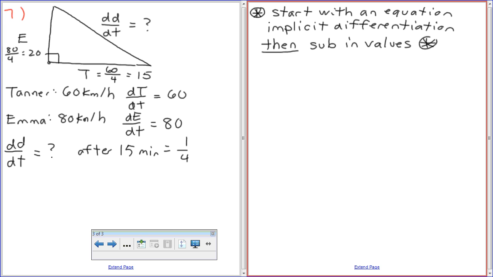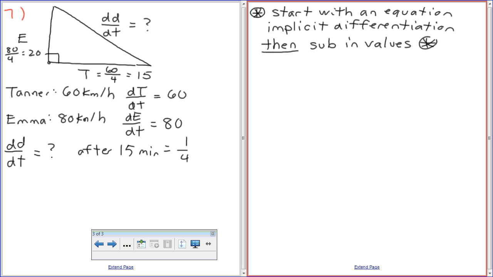Okay, that is a standard for every single type of related rates question. So if you don't know how to get started, start with your general equation. Then you're going to do implicit differentiation, and finally you're going to sub in the values. If I have a triangle like this, and I have dd by dt, dE by dt and dt by dt,